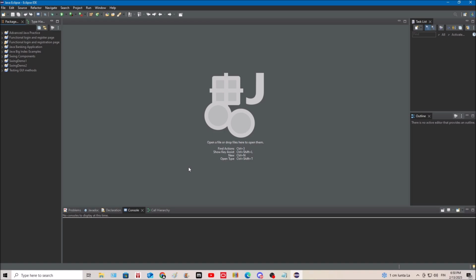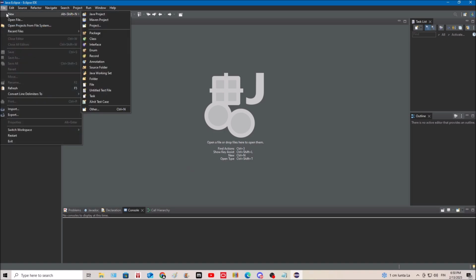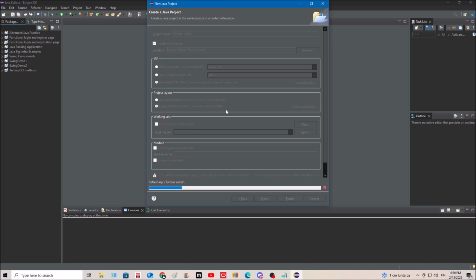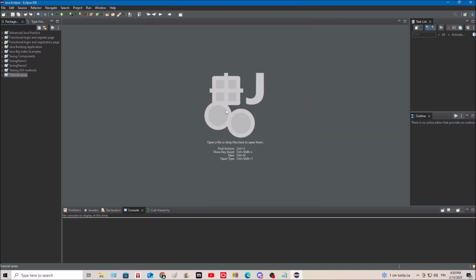Anyways, let's create our first Java project. So file, new Java project. I'm gonna name this tutorial series and hit enter. Okay, open the file with this little arrow here,